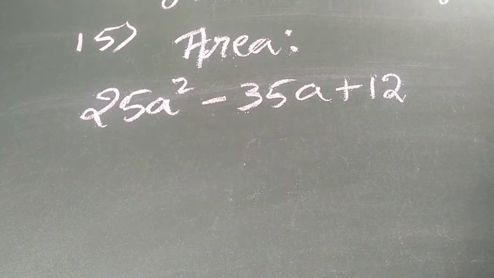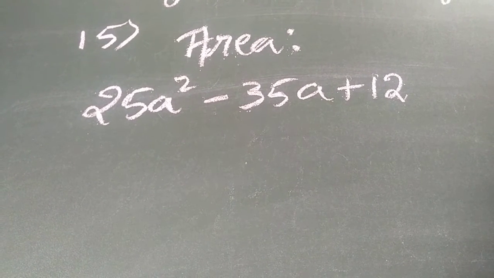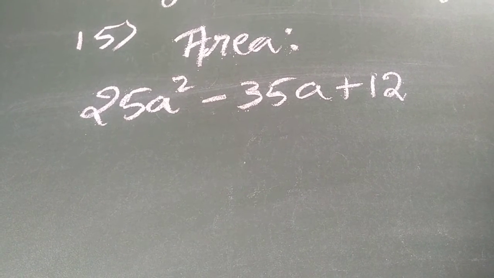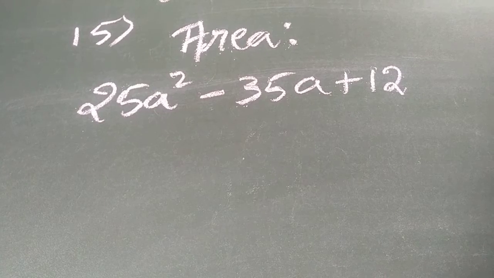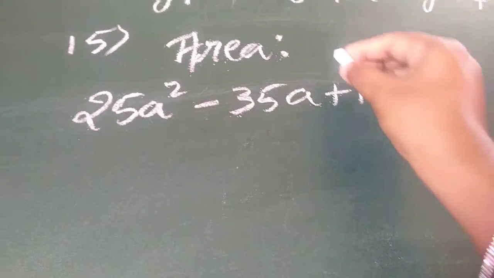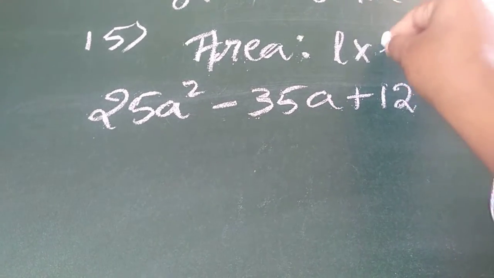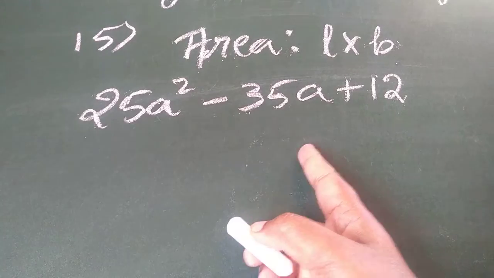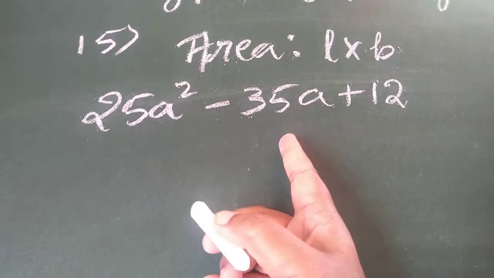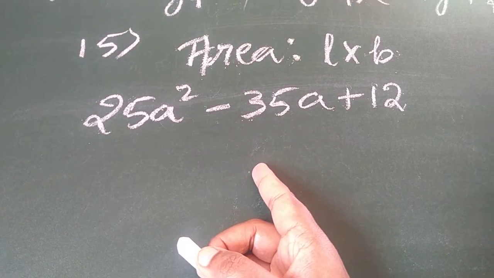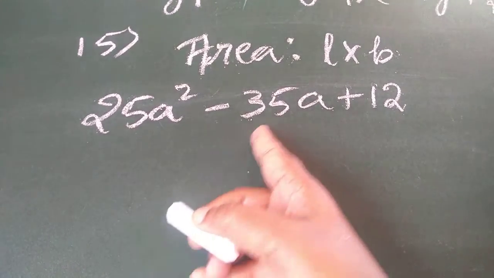So your 15th question is, you should find the length and breadth of the rectangle if the area is given, children. Length is not given, breadth is also not given, but I know the area of a rectangle formula is length into breadth. So first I should check to which of the identities it matches. a square minus (a minus b) whole square, no. So I should go for splitting the middle term.